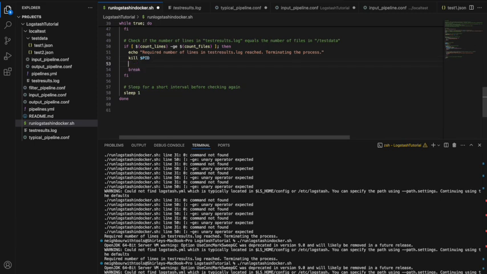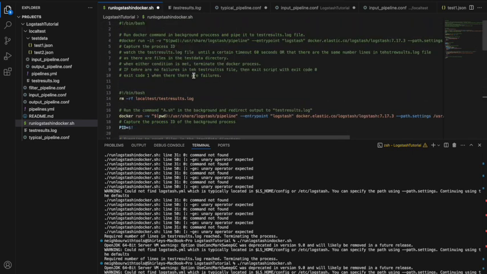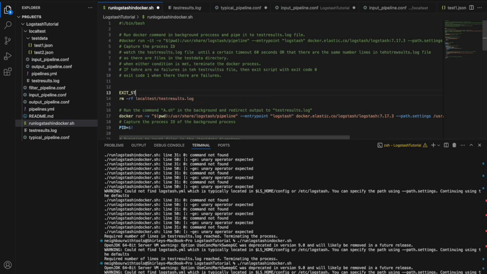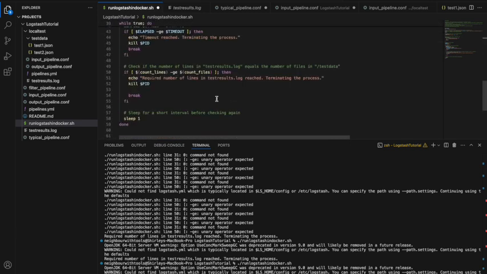Just add an exit status. We can put the global exit status here. There's a duplicate line, that's not good. Okay. Let's default it to fail. That's even better. Exit 1, exit status. So